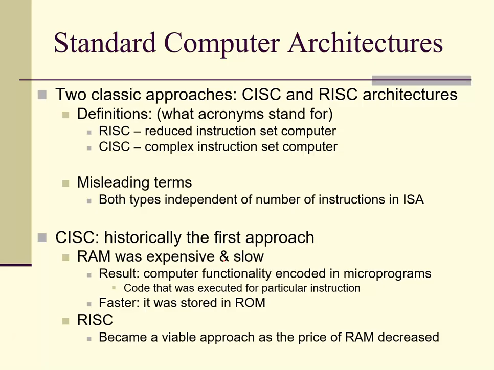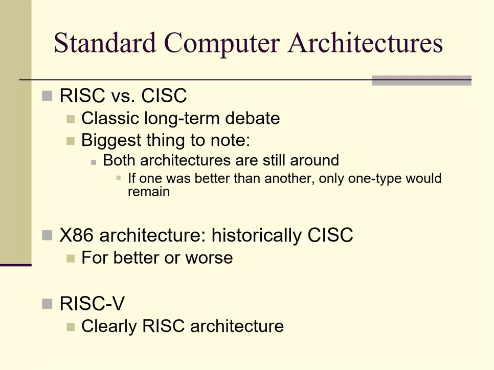So what they did was encode some of the processing, essentially implementing the instructions via microprograms that were encoded in ROM. So it was faster and cheaper, but as memory became cheaper, RISC computers became a really viable option. It's a classic debate on what's better, RISC versus CISC. And the thing to note is, if one was a slam dunk better than the other, one of them would go away. But they're both